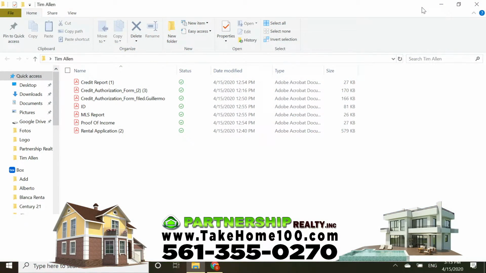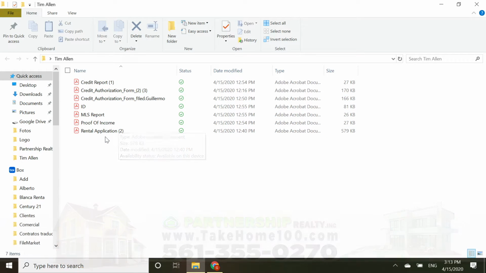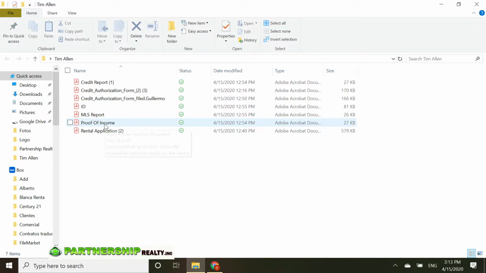We're going to need a pay stub, proof of their being paid, whether it's weekly or biweekly. We're going to need a photo ID. We also want a copy of the MLS report. We want the rental application. And once we pull credit, it's going to go in there, and we want the credit authorization as well too. So up on the top, you see credit report. That means that we already pulled the credit. It's there. Okay. So give you an example, like on the ID, we'll click on the ID